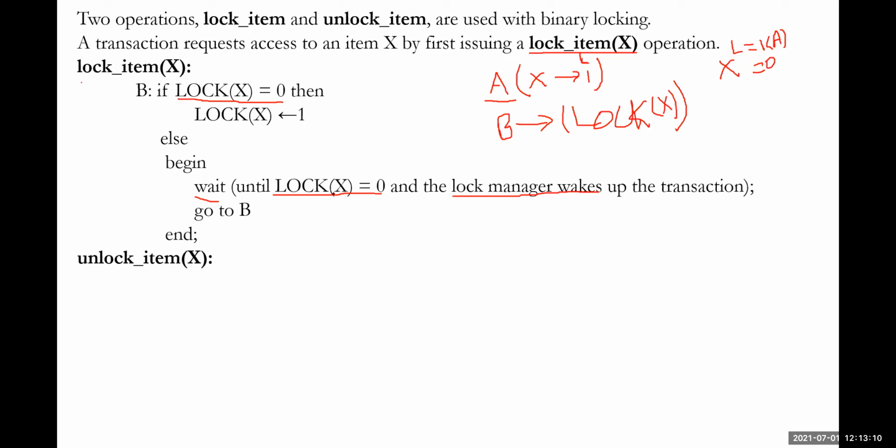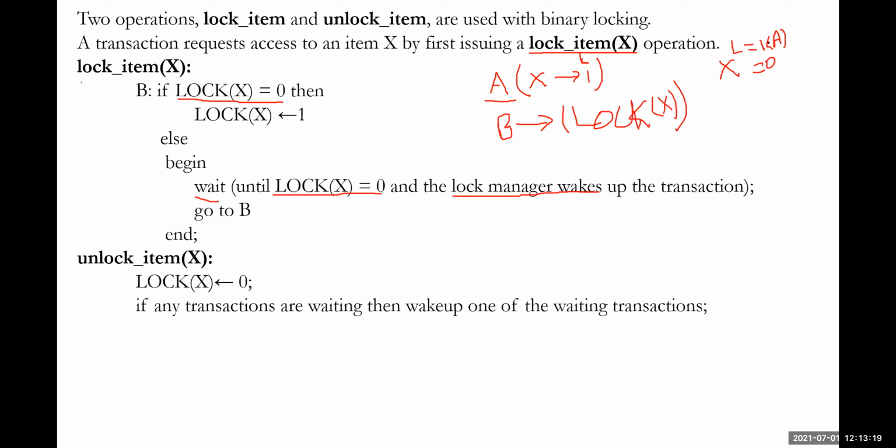If unlock item is taken, what would happen? Immediately the lock of that particular item becomes zero. So obviously one more transaction will get the chance to acquire the lock on the same object, that is X, so that it can proceed with item X. These are the two different algorithms that apply when lock item and unlock item are executed, the two operations that could be implemented for checking lock item and unlock item here.